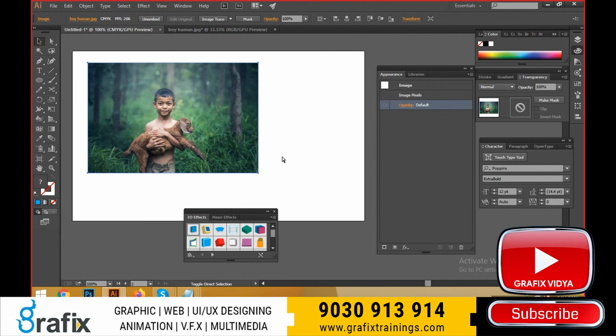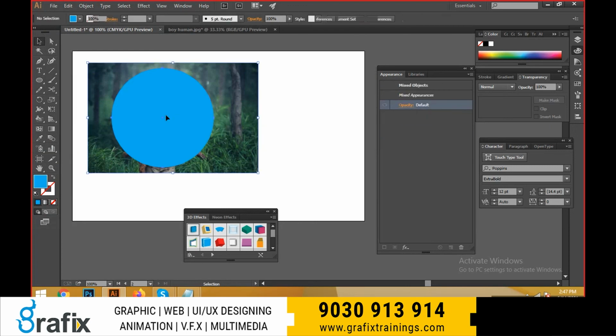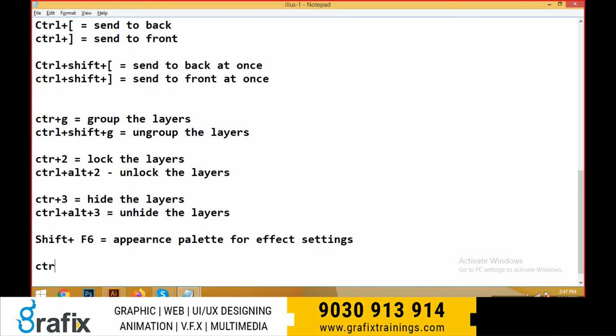The object should be above the image. The image should be down of the object. And select this image, Control left bracket, send backward, and select these two things, and Control 7 is the create clipping mask. Create clipping mask. I would like to remove the option, guys.